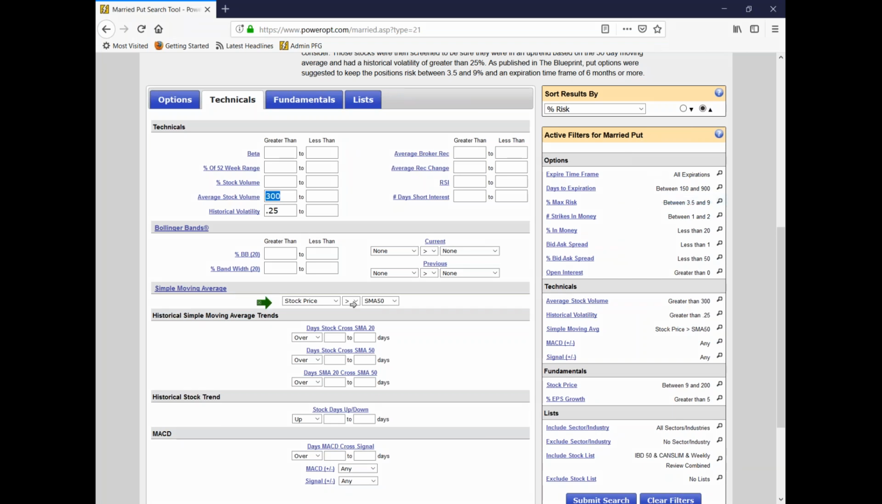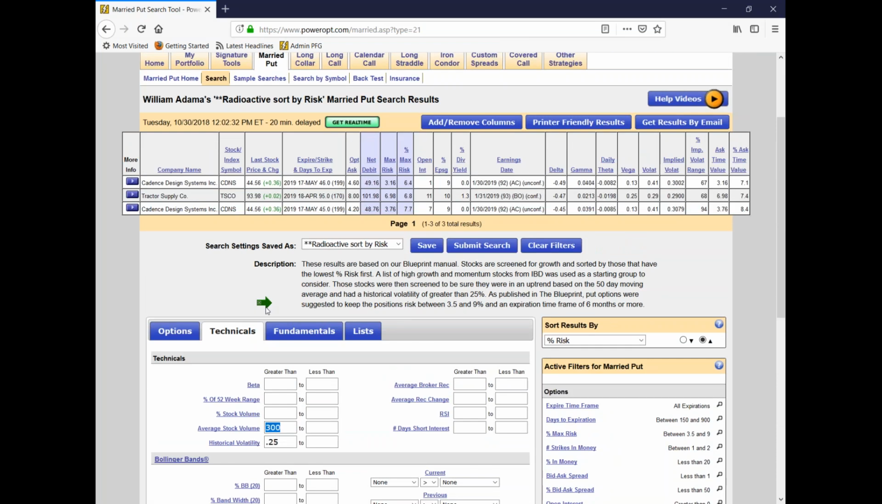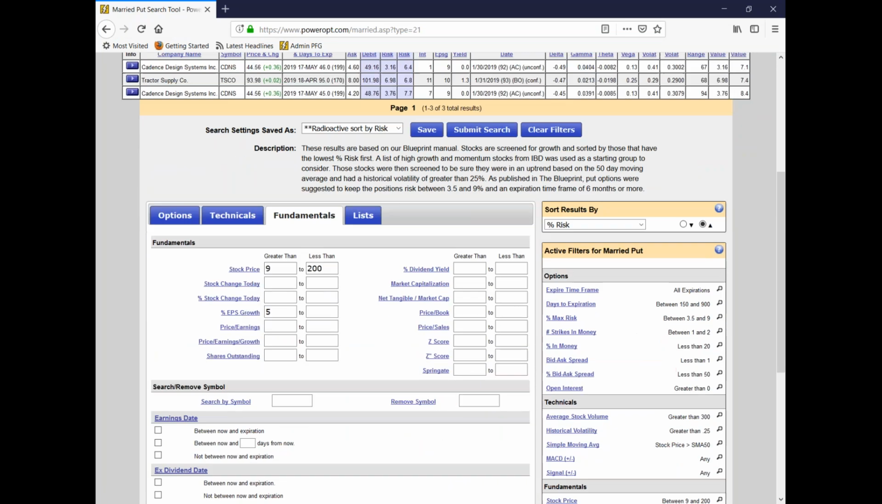Okay? We want to look for stocks that are trading above their 50-day moving average. That's just a basic default. That's why there's only 3 positions that are shown. There's Cadence, Tractor Supply, and Ollie, as of the other day, were the only positions that were trading above their 50-day moving average. And for the basic fundamentals, we want to look for stocks trading between $9 and $200,